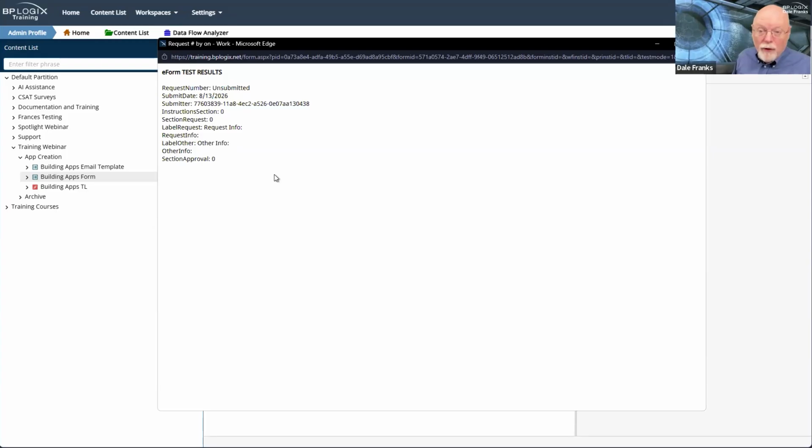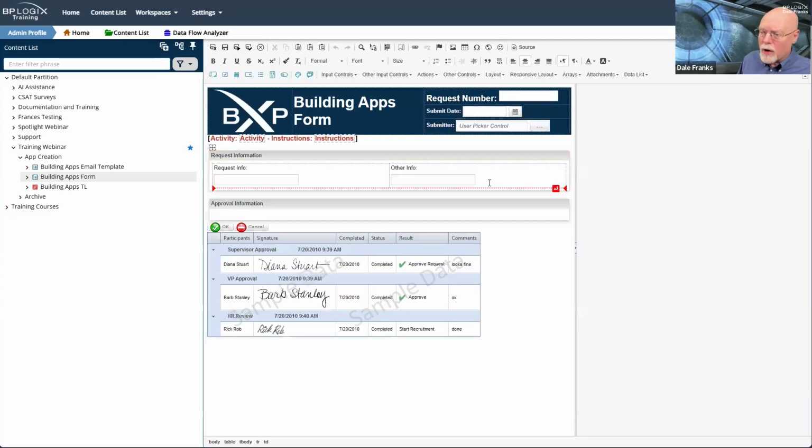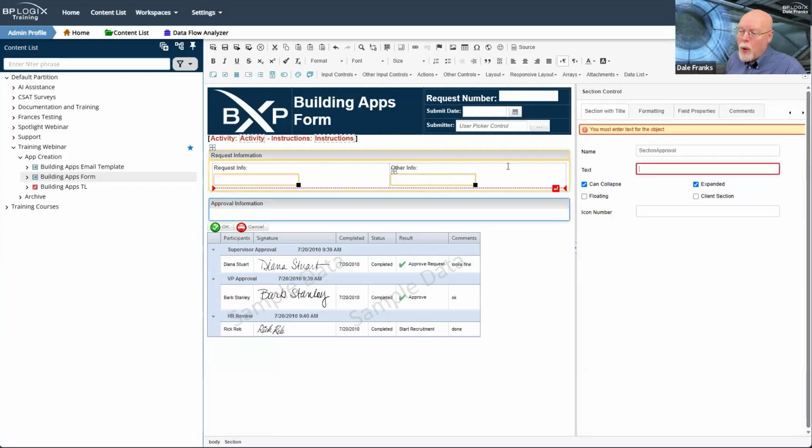This is helpful in many testing situations, but not, unfortunately, in all of them, because I need to test two things. Sure, it's good to know that the approval information is at least hidden on a new form instance, so it does allow me to test that. What it does not allow me to test is whether this is going to be enabled.